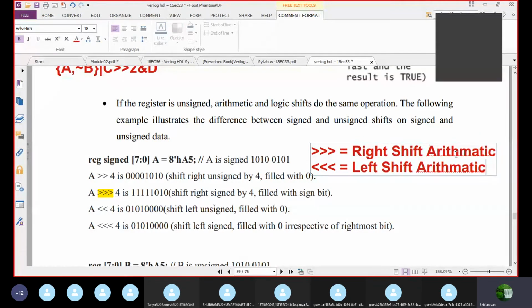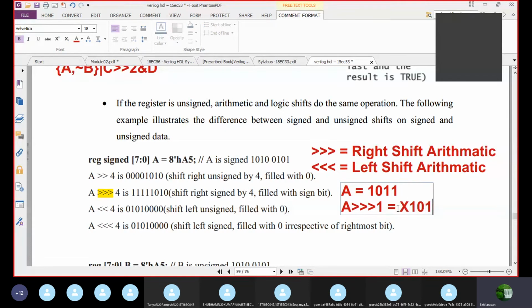What you have to do, let me take a simple example. Consider A is equal to 1011. Now I am going to do A right shift arithmetic by 1. What did I do? A, that is the right shift arithmetic by 1 bit position. Now what you will do? Shift. So this one will go out, and 101 will be there. What I'm doing is making the vacant position X.